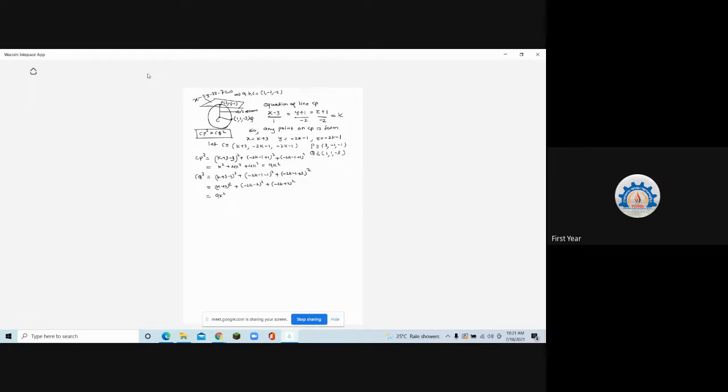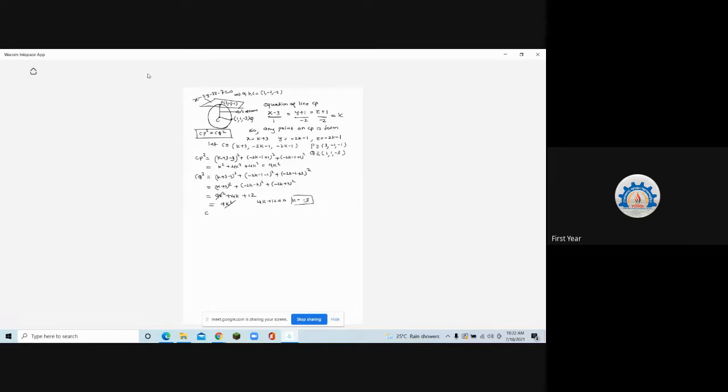Then here there are 4k, here there are 8k and here there are minus 8k. From the second bracket you get plus 8k, from the third bracket you get minus 8k, and from the first you get 4k. So it is only 4k, they will cancel. What about the constant? 4 plus 4 plus 4, that is 12. And that's why this should be equal to 9k square. Cancelling out 9k square, 4k plus 12 is 0. So k is equal to minus 3.